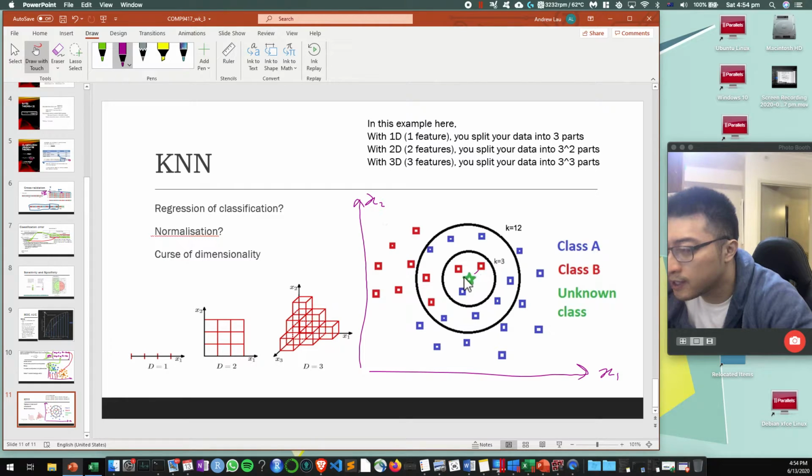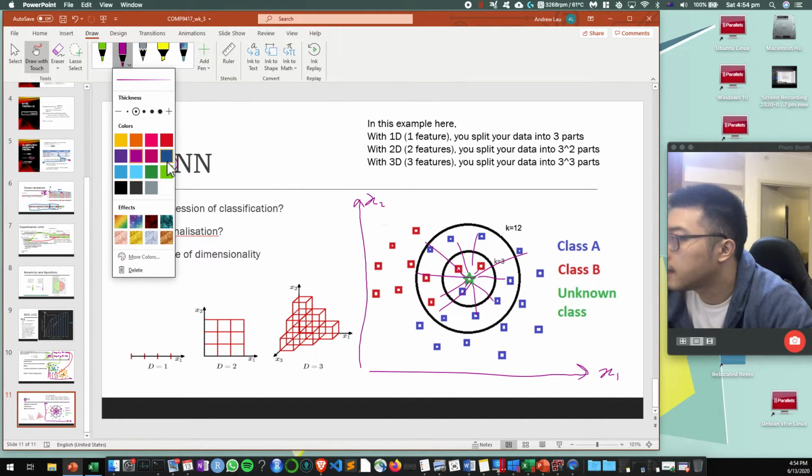What's the distance to here? What's this to here, to here, to here, to here, to here, etc., etc. You calculate that distance, right? And then what you do after that is, depending on the k, depending on the number of nearest neighbors, you will then find the